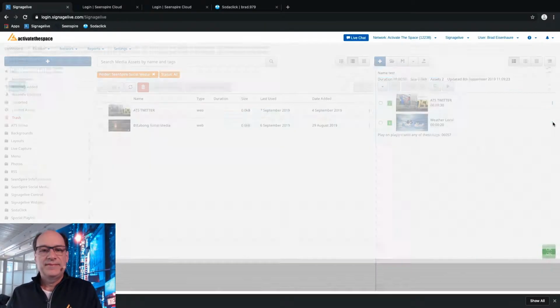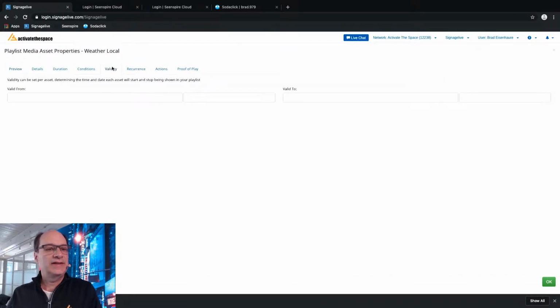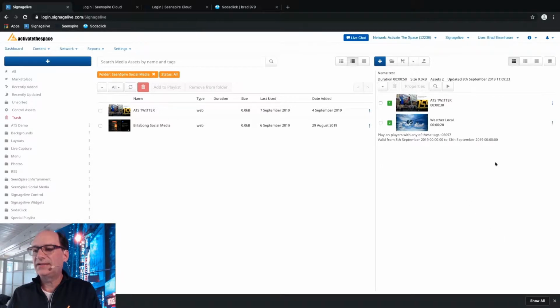Another thing you can do with that is to go in and set your validity. So let's say you want to make this valid from today until Friday. This will only make the content available from today until Friday. All right. Hit save, and that's it. So all the content that we've done to this point, like setting up the players, you only really do once with Signage Live. That's the great thing about it. At this point, you're just going to save your playlist, and it'll update the content depending on the settings you put on each clip.